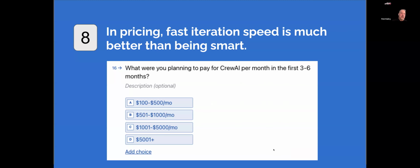Okay, so pricing, iteration speed. Yes, so I think I talked about this earlier, but wanted to make sure I threw this in here. Learning is extremely important. Talk to a ton of customers early stage about pricing. I would say that Crew AI is the first time that we have been as methodical as this on testing